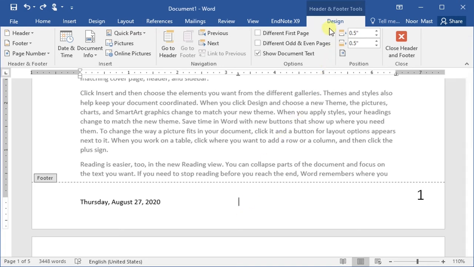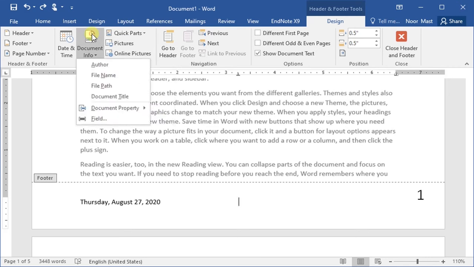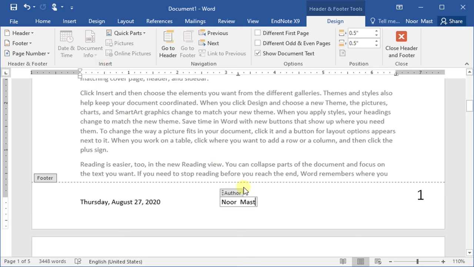So go to the design tab and there is a command document info in the insert group. So click this command. A list of options will appear. Suppose we want to add the author name in the footer section, so click this author name. The author name will be added to the footer section.